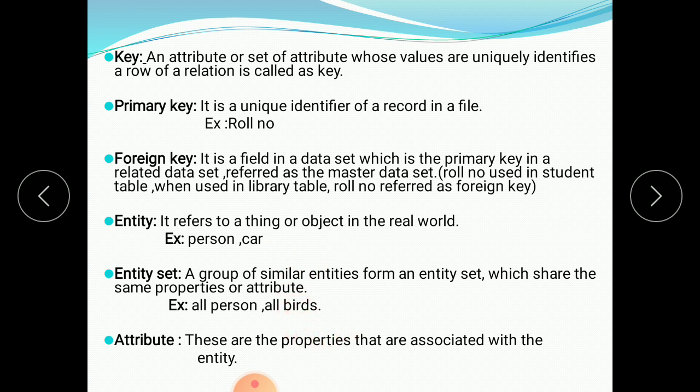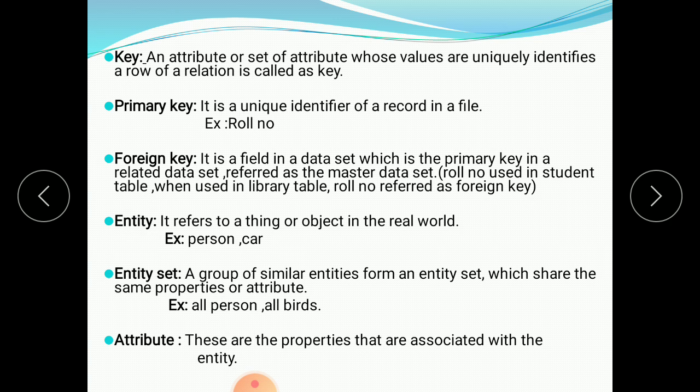These are the properties that are associated with the entities. What are the attributes of a car? Car name, car model number, the different car number, then the different features in that car. These are the attributes of that car.